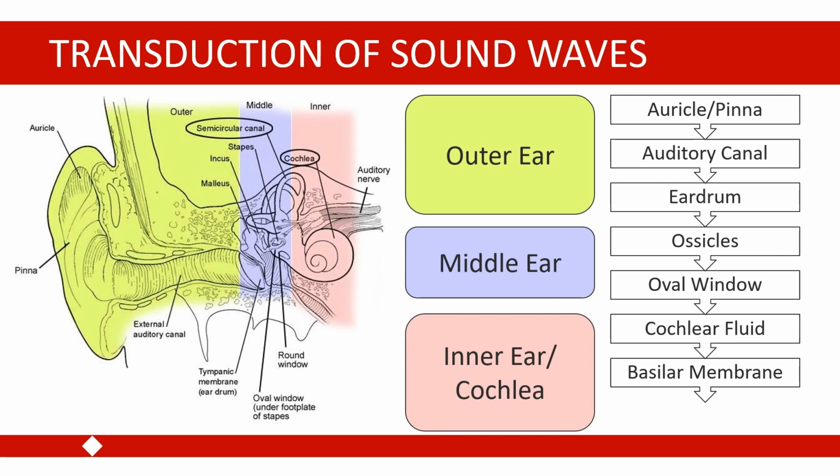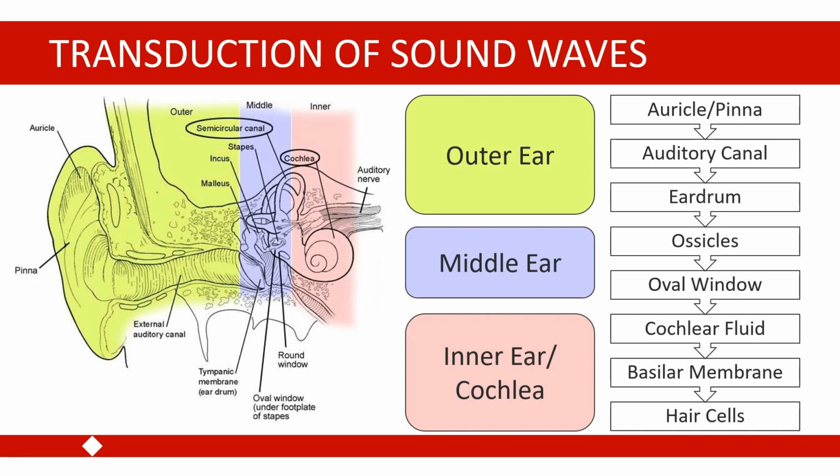cochlea, to deform. The basilar membrane is lined with hair cells, and these hair cells are our sensory receptors for our sense of hearing. So different characteristics of sound waves in the environment will cause different kinds of deformation of the basilar membrane that will lead to different patterns of activation of the hair cells. So some hair cells respond to sounds at different pitches. So the way that sound causes the cochlear fluid to vibrate, which leads to differences in how the basilar membrane is deformed, determines what hair cells are activated and how they send signals.